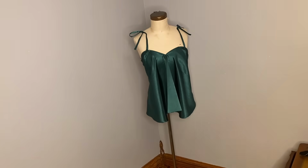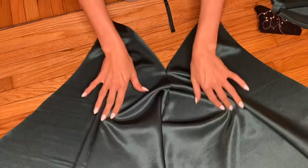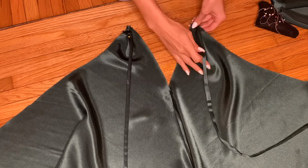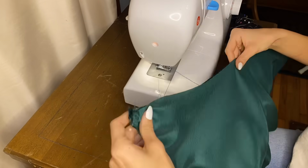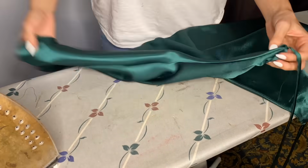Ah yes, what a delectable waste of time. Now this next move I'm about to pull is going to make me look like a real seamstress. I'm going to enact something called forethought. Pin your straps to the top of the front half of your bodice and then pin the other half of your bodice on top of it, right sides together, then sew all along the edges. Once you flip it right side out, the straps will appear to be emerging neatly and seamlessly. Just like magic, but not the kind that will doom you for all eternity to...